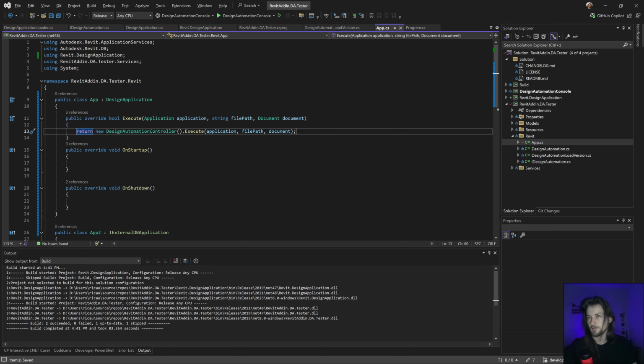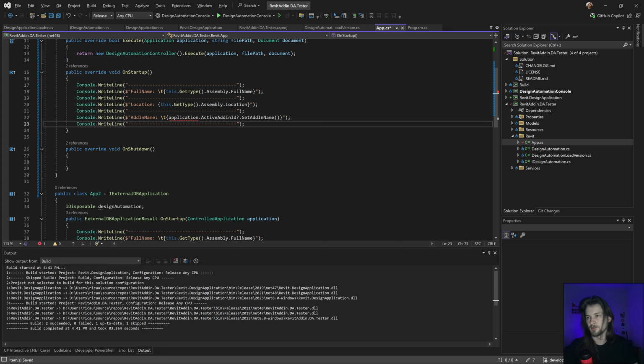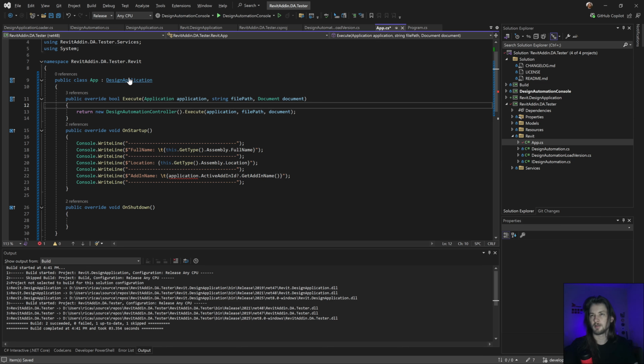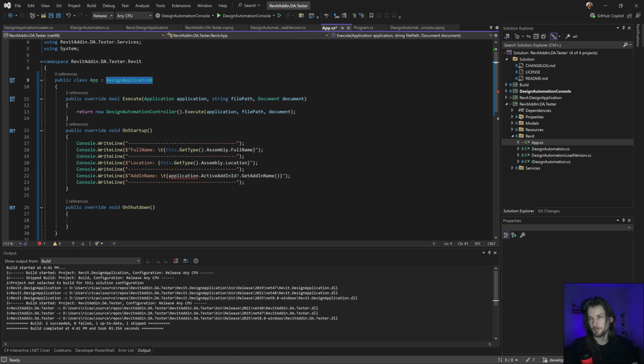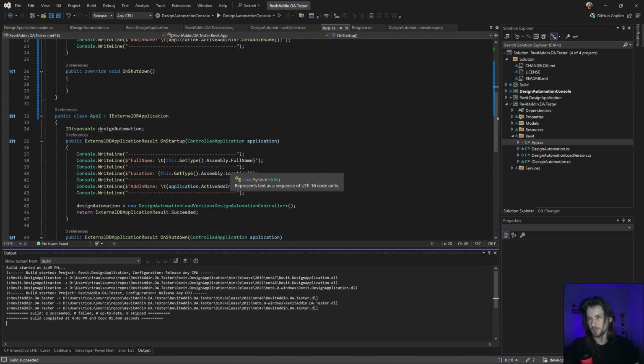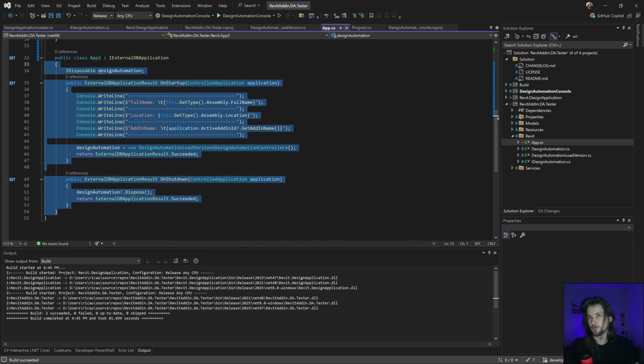Execute, like this. So this is going to do the same thing I'm already doing, but let's copy this just to use that. And because of the reference for the control application, I basically can use this one, the application with application. Yeah, this one. And this should basically do the same thing it already is doing. So let's remove this just to make sure.